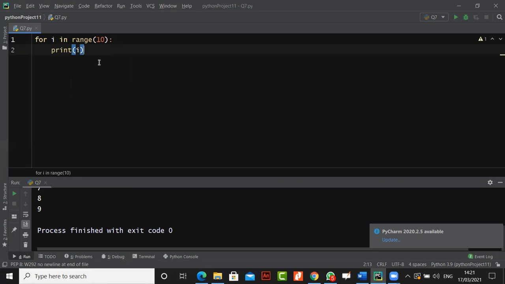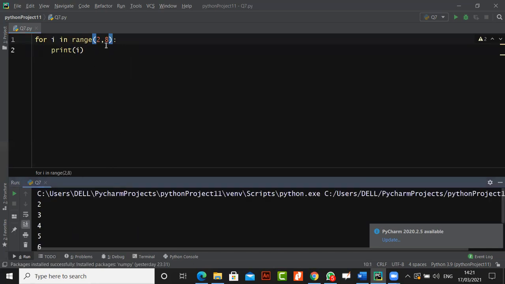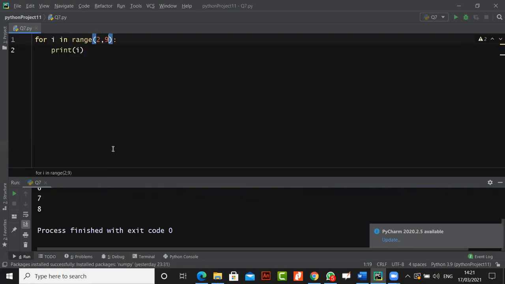सर अगर हमें सिर्फ 2 to 8 चाहिए, तो हम क्या करेंगे? हम रखेंगे 2, 8. Okay, let's try. याद है, it's not inclusive, हमने पहले भी डिस्कस किया था। 2 to 8 में जो अगला होता है वो इंक्लूसिव नहीं होता, आपको याद होगा।